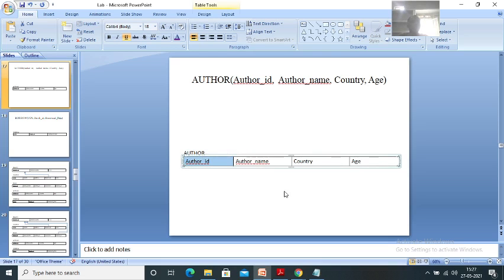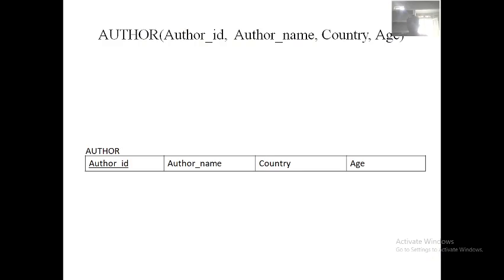Then which is foreign key here? Country, sir. Author name, sir. No foreign key, sir. Yes, this table is not having a foreign key because see here now.